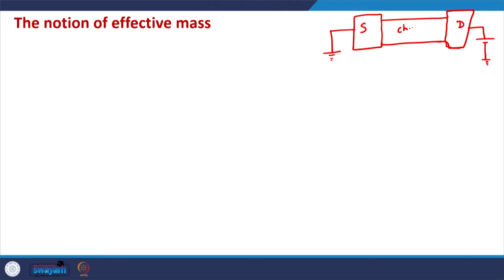In between we have a channel region, and we saw that the channel region is becoming smaller and smaller in modern devices. Generally we apply a positive voltage on the drain terminal, which makes electrons flow from source to drain, or a current from drain to source. So in this, we need to know how electrons are traveling, we need to know about the motion